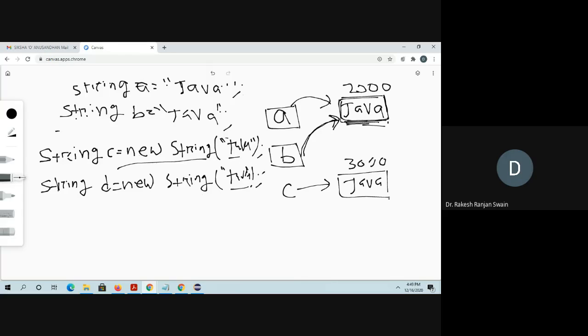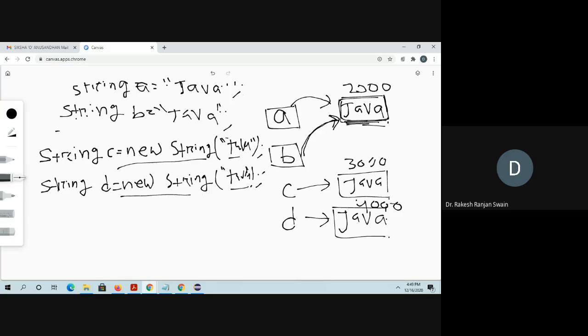So here, whenever I am using the constructor, each time again another memory location is created. This is a different memory location, suppose 4000.